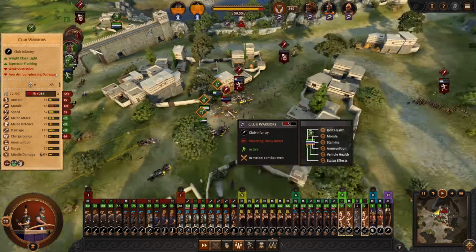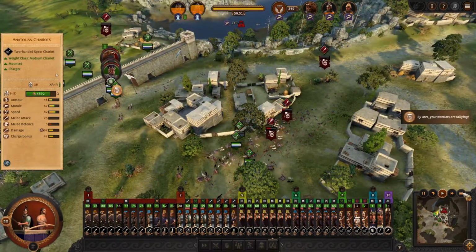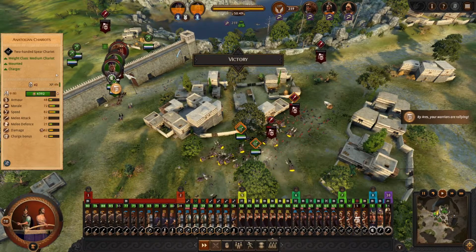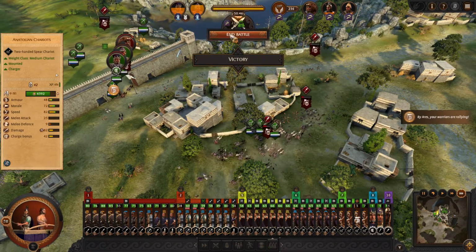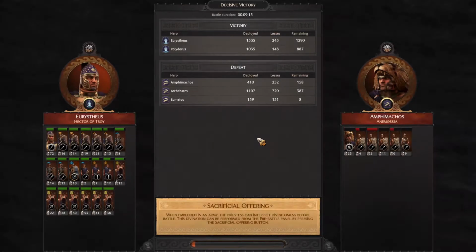Army loss. Army loss. By Ares, your warriors are rallying. By Ares, we've won. The city is ours. Decisive victory. Huzzah. That takes out the Animosia people, who were, quite frankly, irritating for declaring war on us for